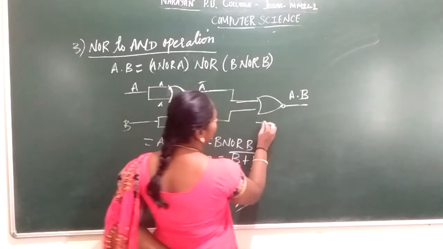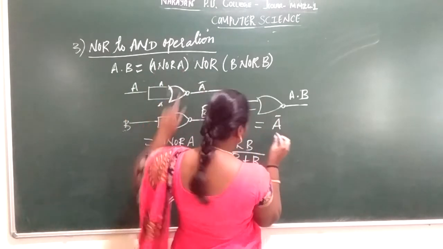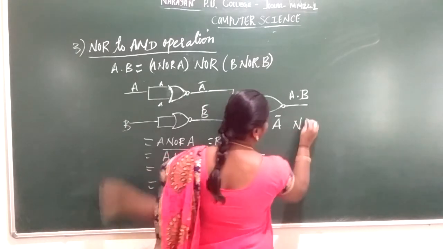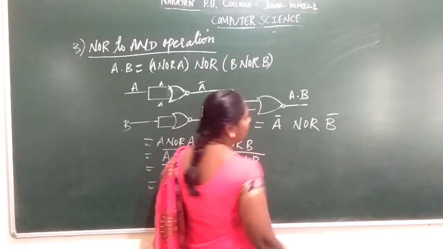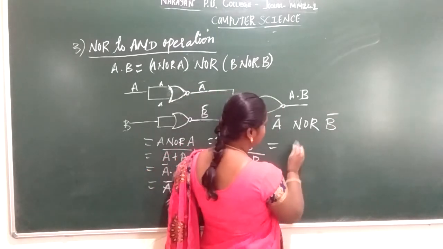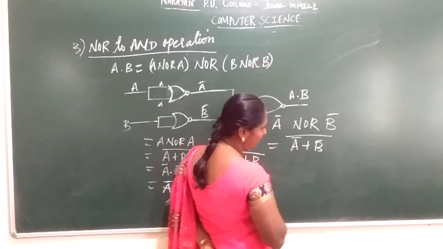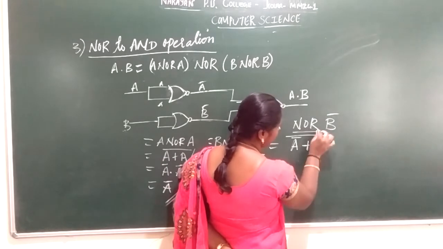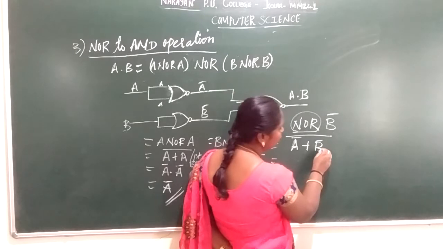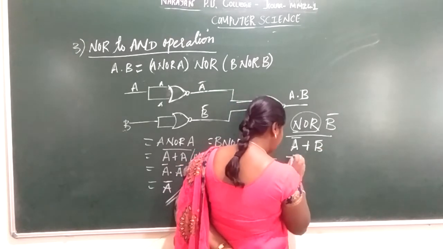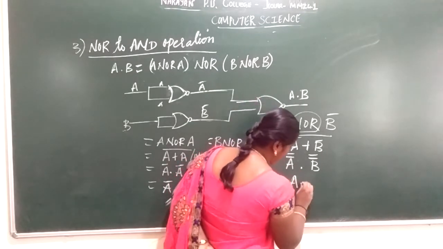Implement this in the expression. For a NOR of a you have a bar. Next you have NOR here as it is. For b NOR of b you have b bar. Now you implement it in the form of symbols. So (a bar plus b bar), the whole bar. So that is a NOR gate implemented in the form of symbol. Again using De Morgan's theorem, that is a double bar into b double bar. So that is nothing but a into b.